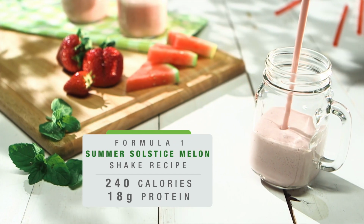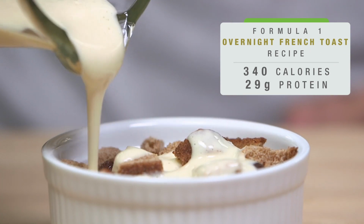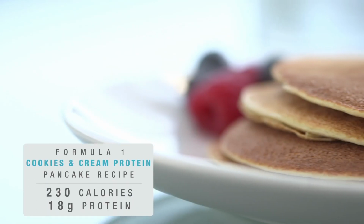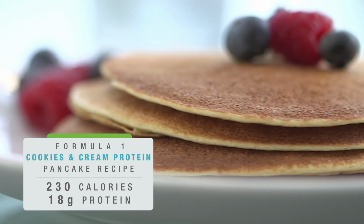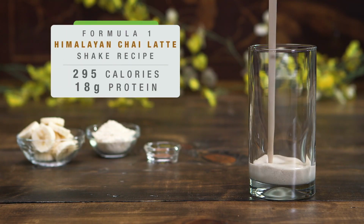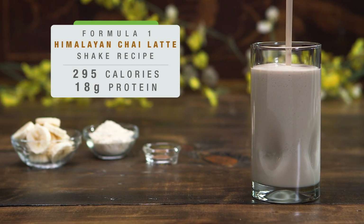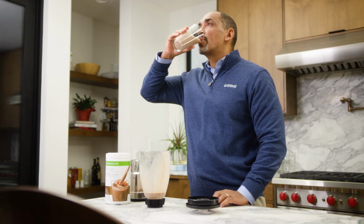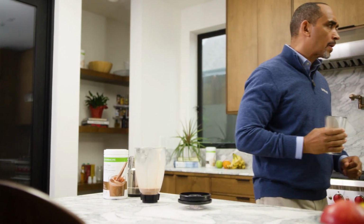You can even use Formula One in your favorite recipes to create something truly unique and nutritious. Whether that's a pancake for breakfast, a refreshing treat on a warm day, or your favorite dessert, the options are only limited by your imagination. With all those essential nutrients packed into Formula One, it's the perfect solution to adding nutrients and vitamins to your